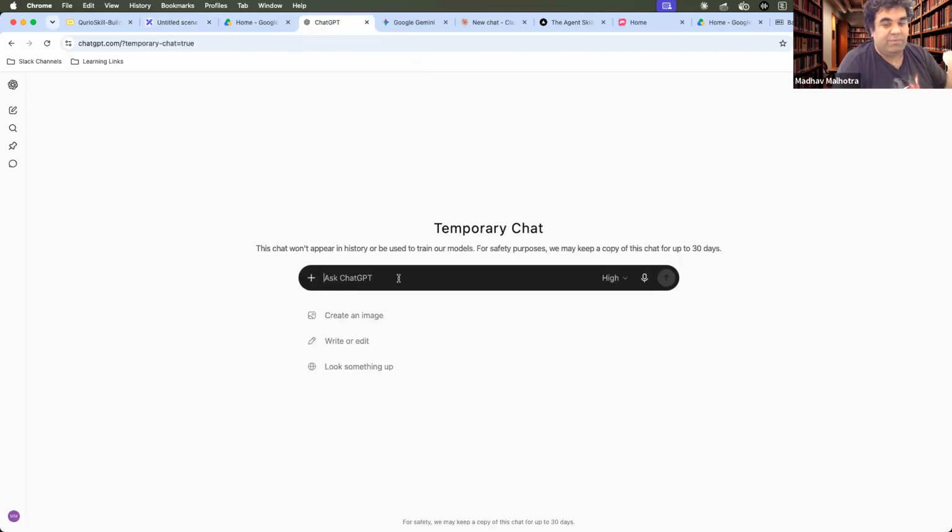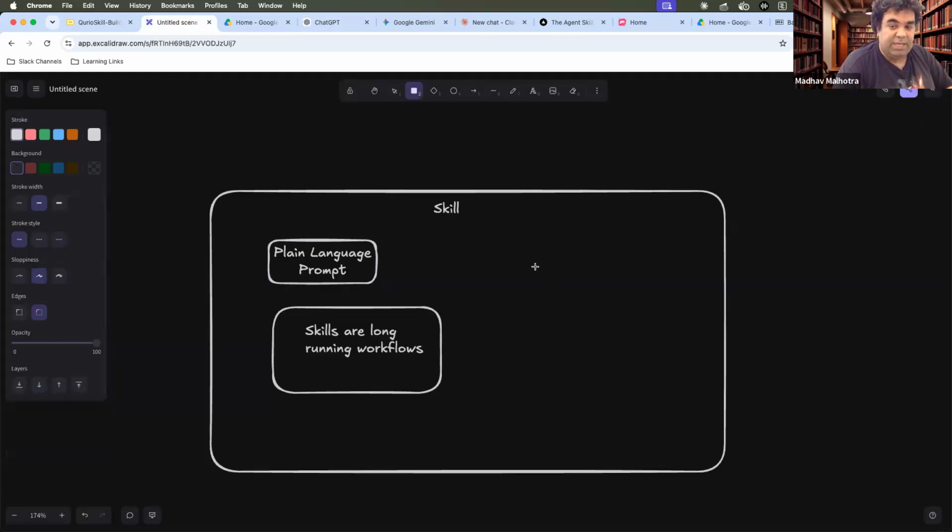Now, the easiest way would be you start writing it here, and then you create a huge prompt here, and then essentially it is able to run that. Now, that is a little clunky, because you want a way to be able to reuse that skill across platforms. You want to be able to share that skill with someone else. That is where came the concept